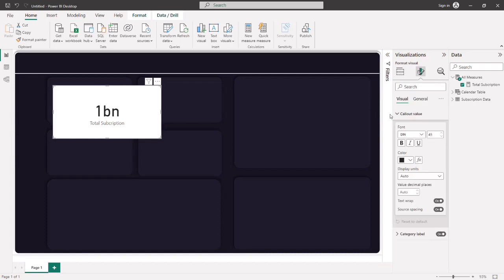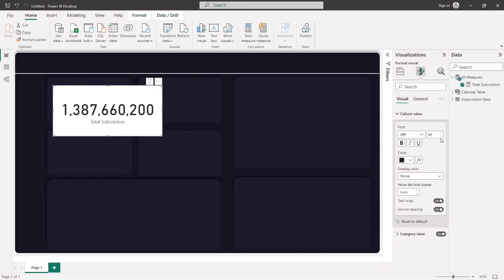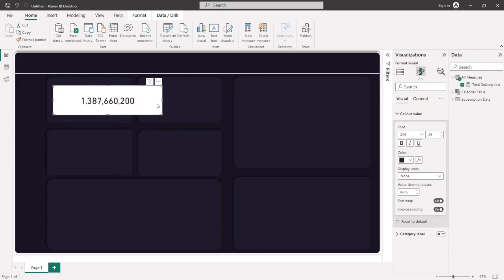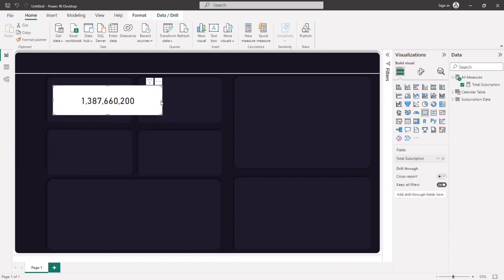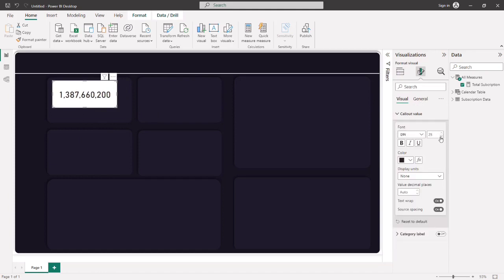Okay, so for the color value, I'm going to come here to display unit and click on none. So this will give us the exact value, so you can see the total number of subscriptions that we actually have. Okay, so I'm going to reduce, and I'm going to turn off this category label. Okay, and then I'm going to reduce this. See what we have here. All right, got that. Then let me try to reduce it properly. Probably something like 20. Then make it bold. Okay, now